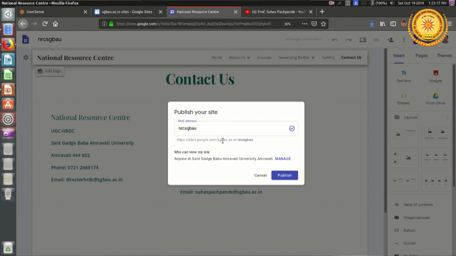If you see just below this, it has shown the complete address, how your website will be identified over the internet. It begins with https://sites.google.com/nrcsgbau. Okay. Now, who can view my site?